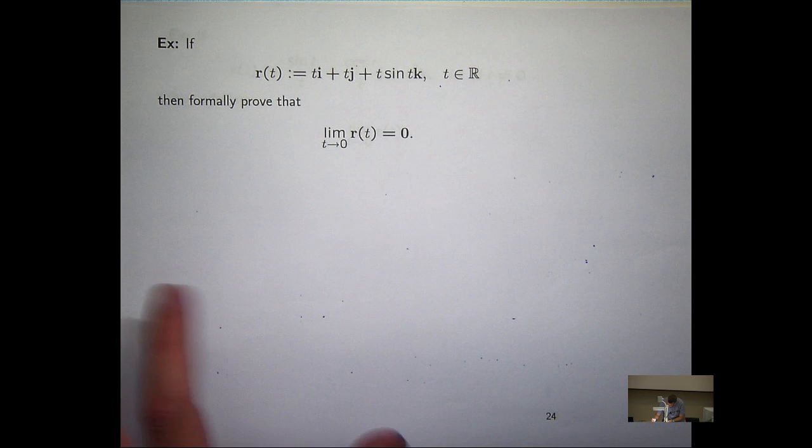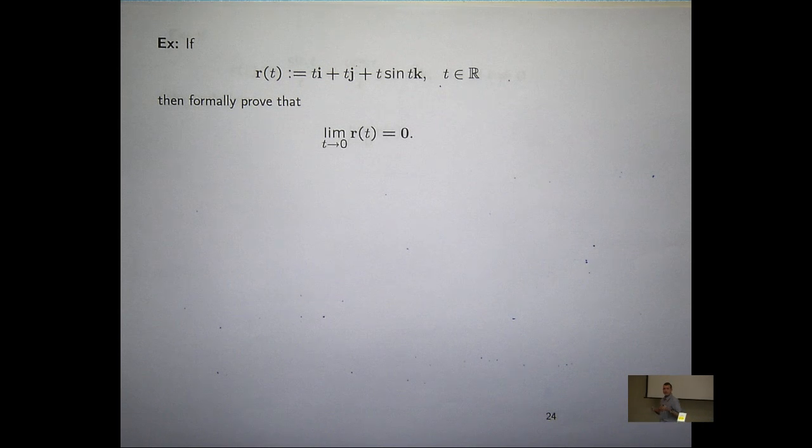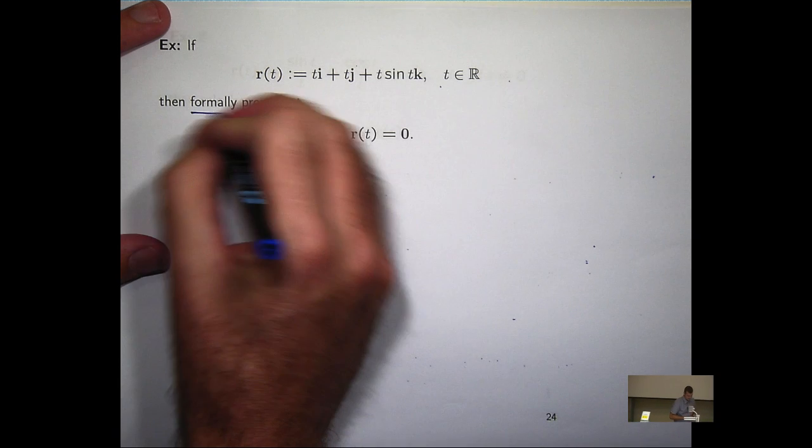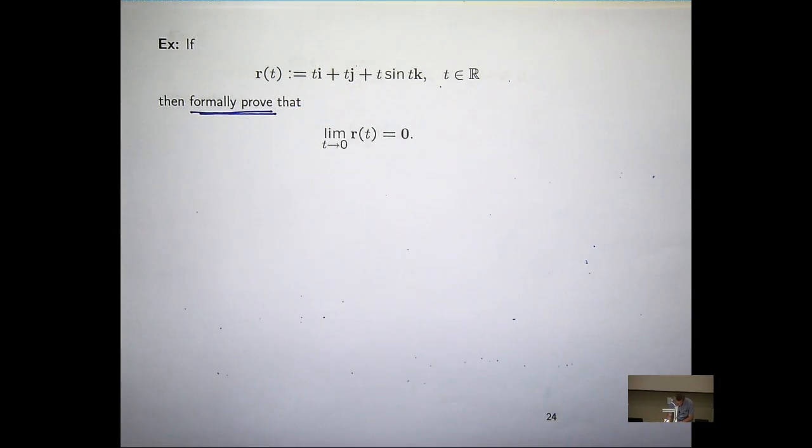All right. If a vector function is defined in this way, then formally prove. That's an important part of this question. Formally prove that the limit